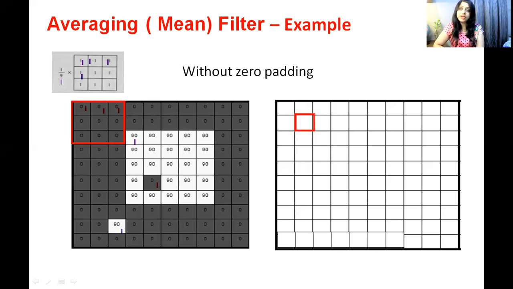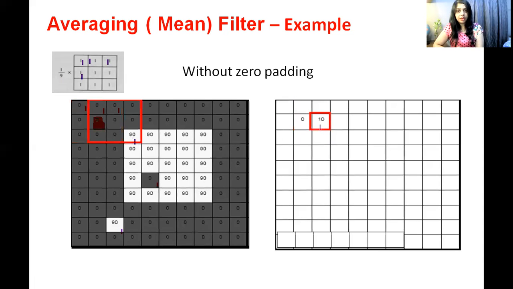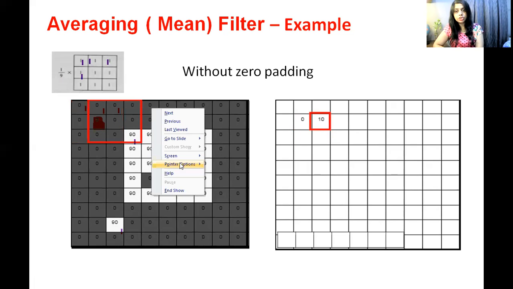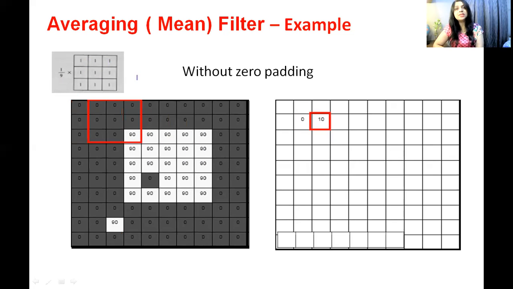So what will you get? You will get 0, and then replace the central value, that means this pixel intensity, by that new value, but here we got the same, that is 0. So we have applied 0 here. After that, you have to shift your mask towards the right, and then repeat the same process. Multiply every position with its corresponding position and add. Keep adding everywhere, you will get 0, and when you multiply this 1 into 90, you will get 90, and 90 divided by 9 will give you 10, and hence replace this particular pixel.